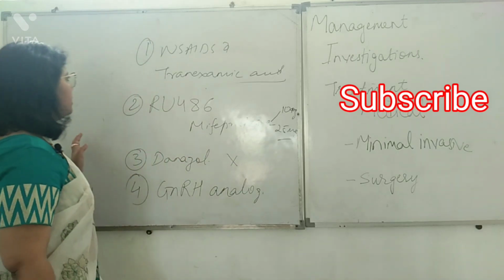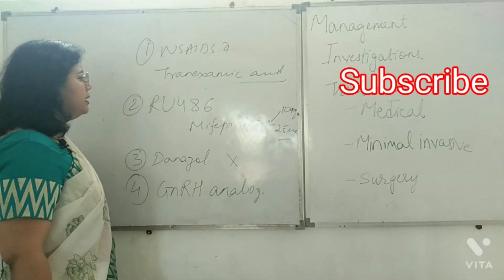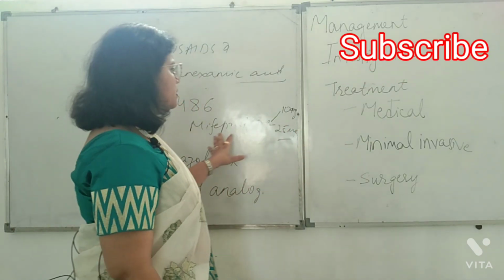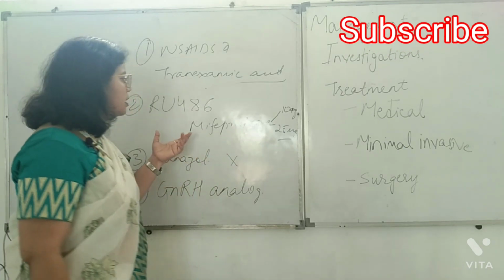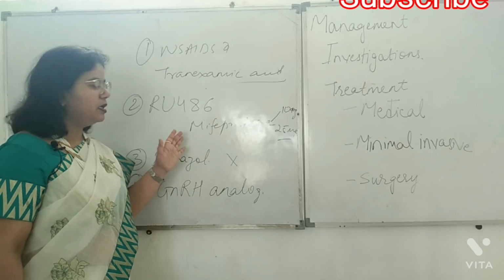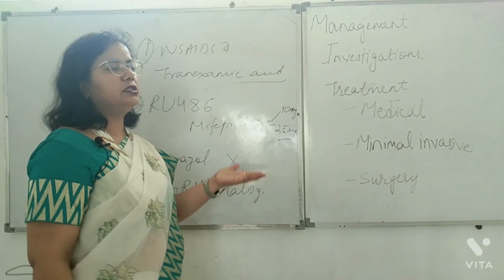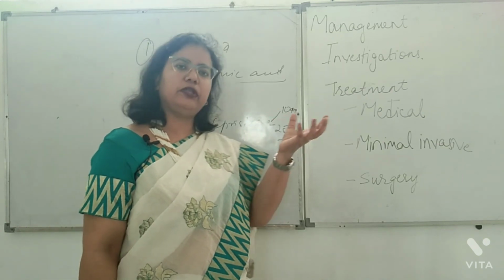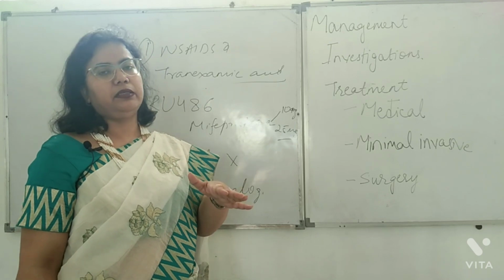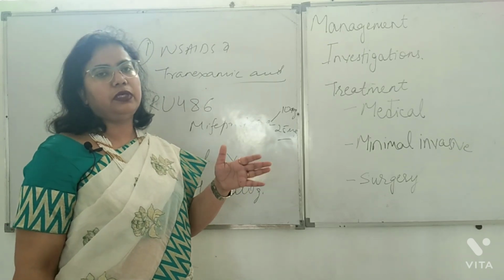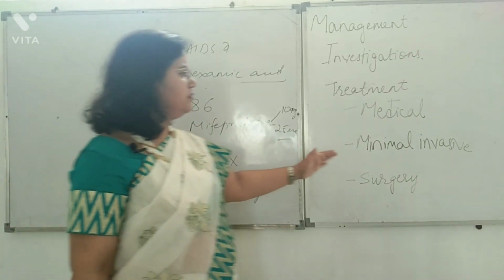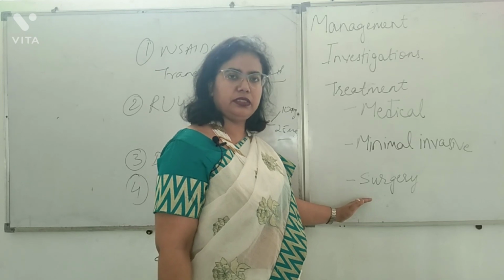Suppose a woman is coming at 38 years of age, then just to gain time to reach her menopause, this will not be sufficient, because as long as you give this treatment, almost 80% are relieved, and as you stop, the size of the uterus and the size of the fibroid grow back again and her symptoms come again. So she is not relieved of her condition. So in that case, minimal invasive or direct surgery is advisable.